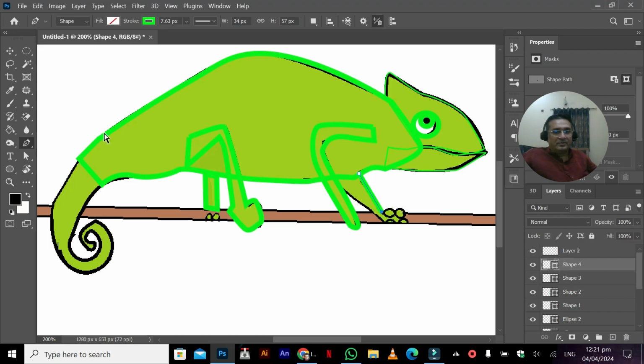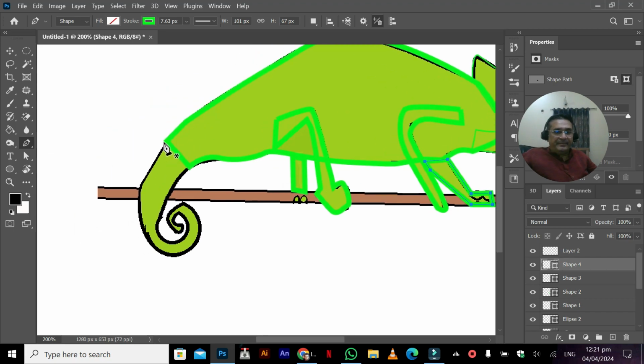What is wrong with this now? I have to see. One here. Detailing could be done on the image afterwards. So now only the tail remained. So I'm going to create the tail,